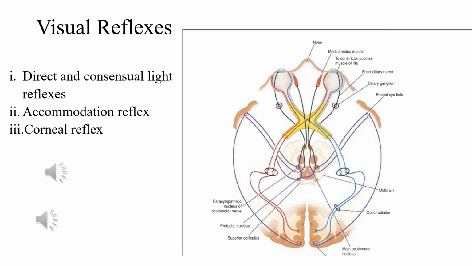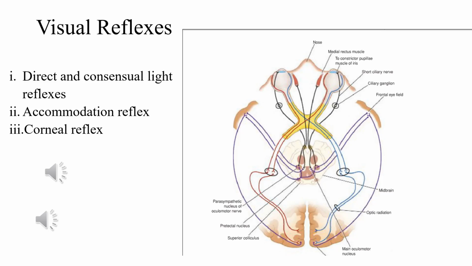Now how do these two mechanisms occur? There is a pathway for these activities or changes in the eye structures. First of all, this pathway starts from the optic nerve. As you can see in this diagram, this is the right eye, this is the left eye, this is the nose, right? So for accommodation, the tract starts from the optic nerve, passes through the optic chiasma, optic tracts, then the lateral geniculate body, and passes through the optic radiation to the visual cortex.